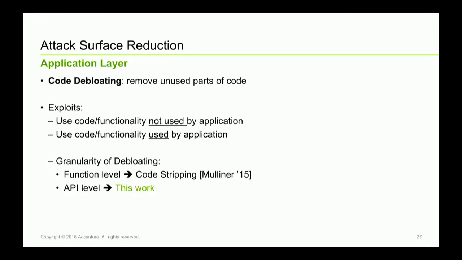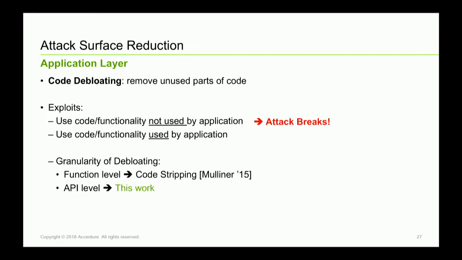So if you think about what we did before, why don't we apply the same concepts to an application? It sounds intuitive, right? You take the application, you look at the functions that are used, and you simply strip them out. I say simply because binary is a little bit tricky. There are a lot of offsets and things that you need to care about if you do it statically. But if you do it at runtime, think about it. You load the library in the address space of the process. You can null some memory pages that contain the functions you don't care about. And if the exploits are leveraging functions that the application doesn't use, then the exploit will break.